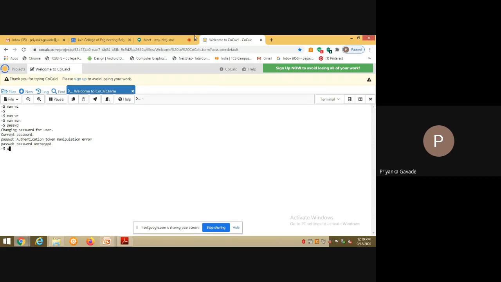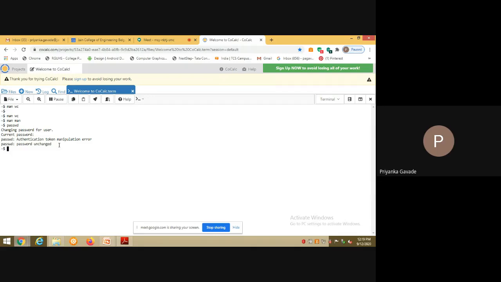See here, as I am not the owner of this simulation, it shows an authentication token manipulation error, and I am not permitted to change the password of it. So I have a locked account, which means I do not have the authority to change its password.